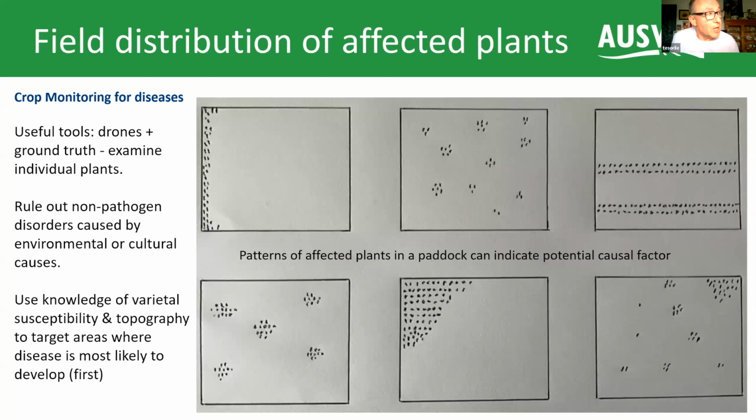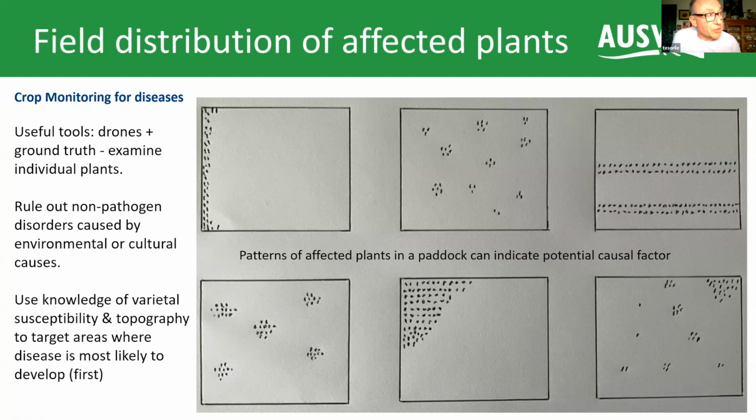So, for example, on the top left there, you can see just the plants along one edge are affected. That's what that symbolises. And quite often that's a situation you might expect where, for example, herbicides being used along the edge of the crop or along the headland, and it's just drifted in and affected a few plants